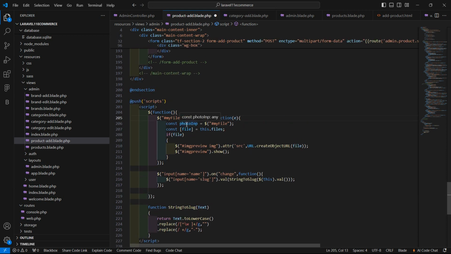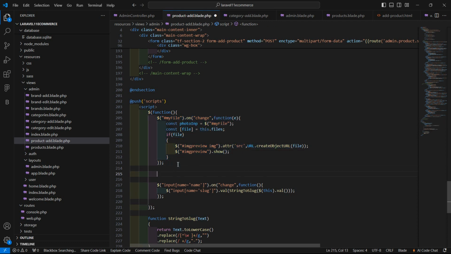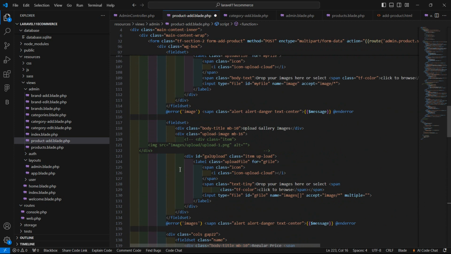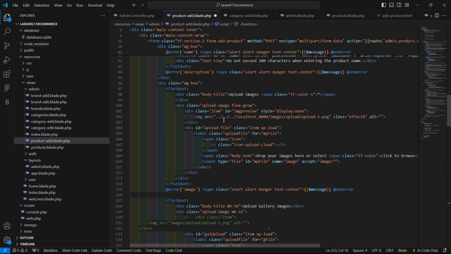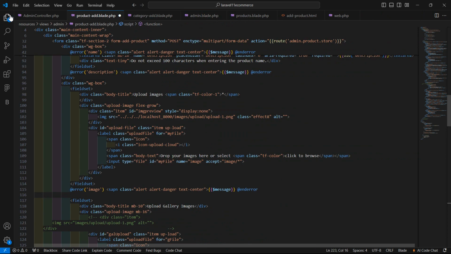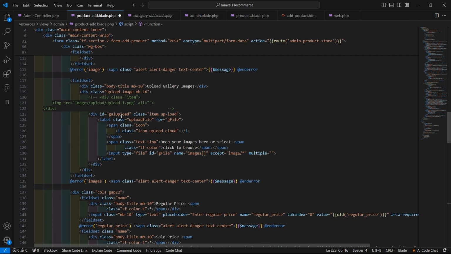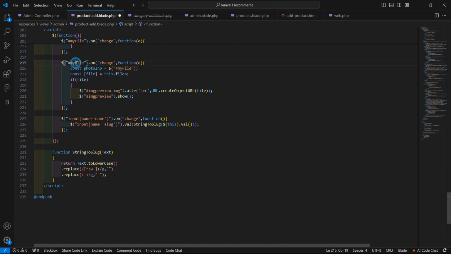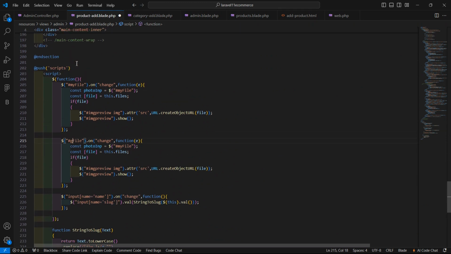Okay, and here is the string to slug method, and this is for previewing the image. Now let's copy this and paste here for previewing the gallery image. Okay, so for that let's copy the ID for the gallery image. Okay, this one, gFile. So right here, just remove this and just write gFile on change event, and then gFile,